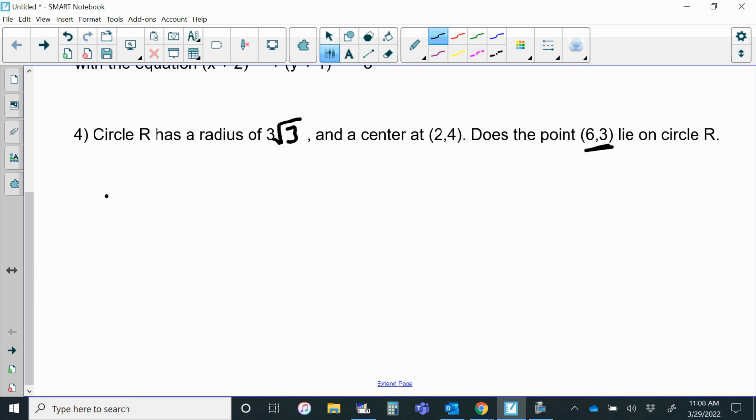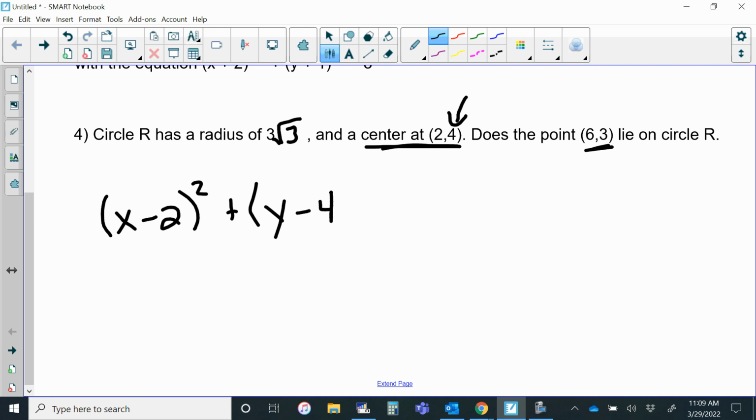The equation looks like x what? This is the center. X what? Minus 2 squared plus y. Brody, what's the next one? Y minus what? Nope. Here's the center. So it'd be y minus 4 squared equals,